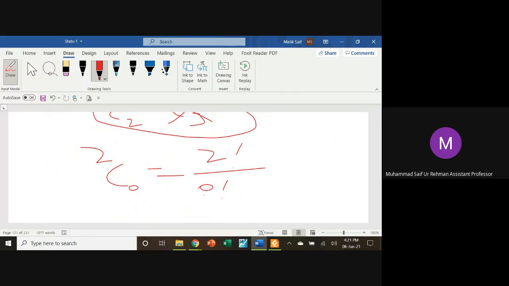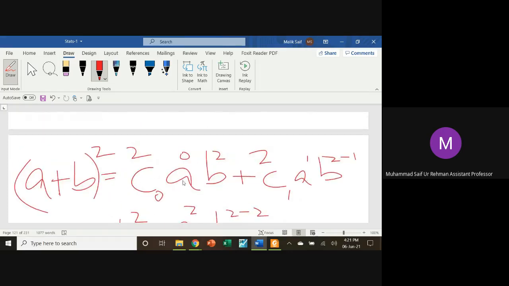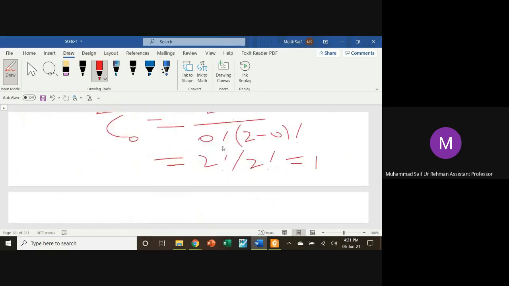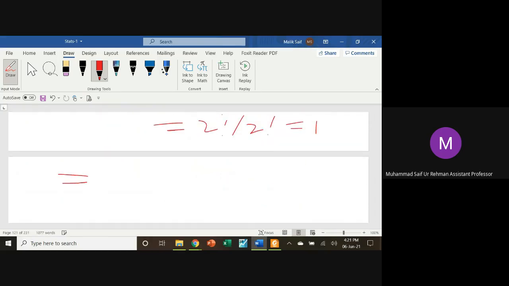I mean, if you consider this as r, as we have considered in the principles of counting, so nCr is n factorial divided by r factorial into n minus r factorial, so 2 factorial divided by 0 factorial into 2 minus 0 factorial. When you solve it, it will become 2 factorial divided by 2 factorial. The answer is 1. So for this term, the answer is 1. For A power 0, the answer is 1. So you will remain with B square. So write down that B square over here, B square plus